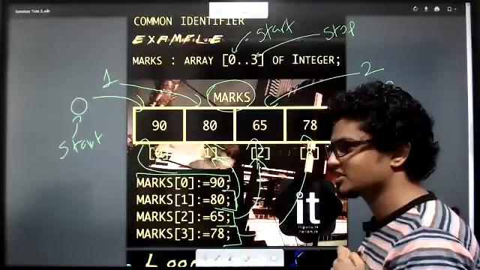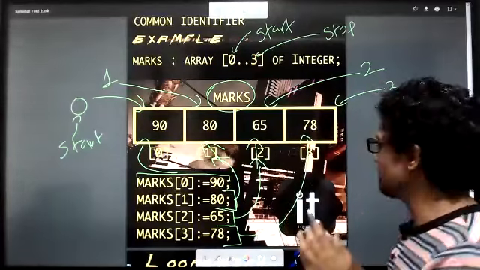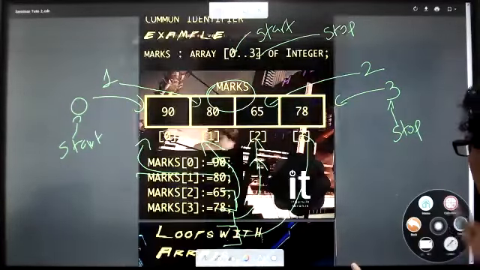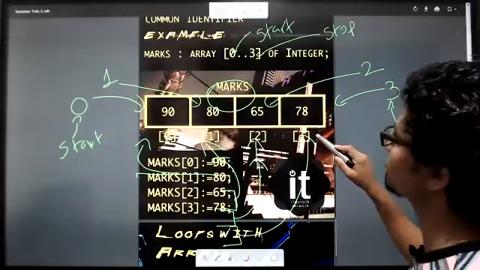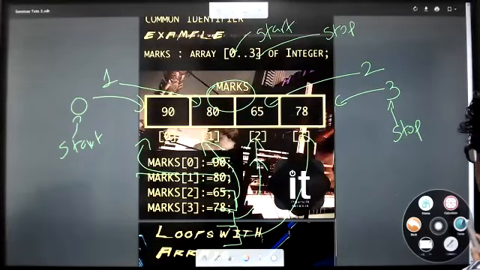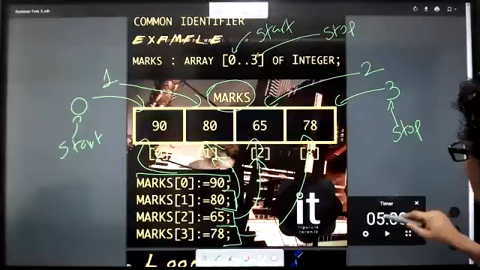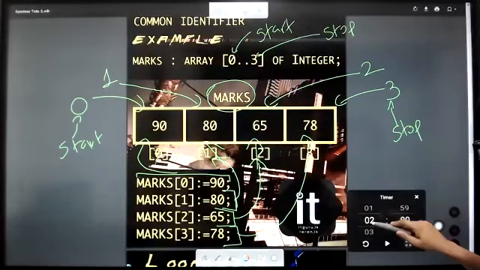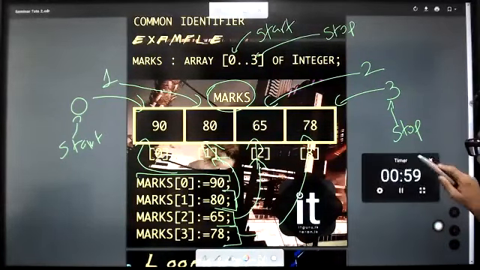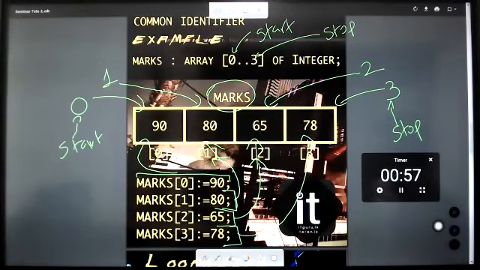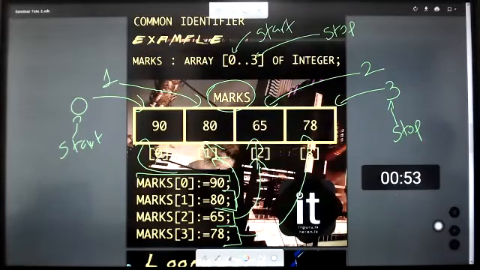Super. Now, if you want to annotate, can you quickly write down? I'll give you 1 minute for that. If you want to write down any notes, come on, quickly write down. Just 1 minute for that, kids. So I'm going to start off with the timer. If there's anything that you feel like writing down, go ahead and write down. Yes, square brackets are essential when accessing elements of the array.